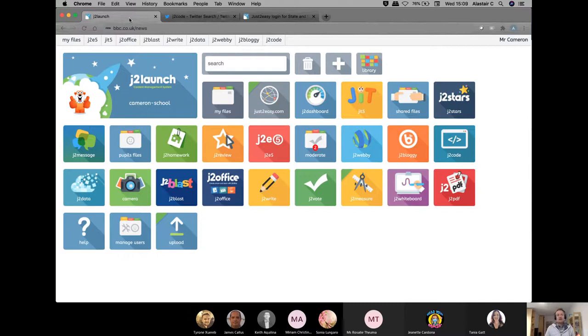This means that you as the teacher can see everything that your students are doing, whether they are making a piece of code, writing a program, making a picture using lots of coding techniques that we're going to go through today, or writing about the coding or using coding in other ways inside J2E. Because you're always staying inside J2E, everything that your pupils do will be visible in your pupil files area, which is this tile here.